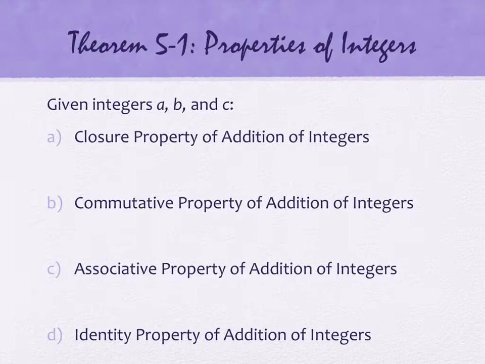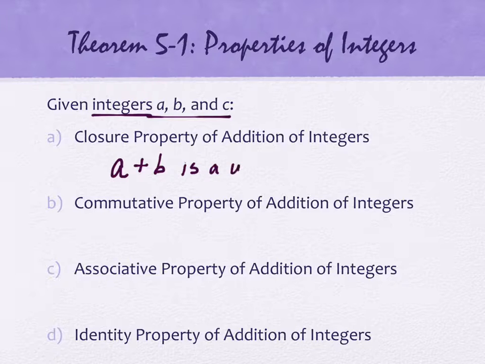So we have seen most of these properties before. And most of these properties get just expanded once we get to the integer system. So our first property is the closure property of addition of integers. Do you remember what the closure property said? As long as A and B are in the set to begin with, given integers, A, B, and C, then A plus B is a unique